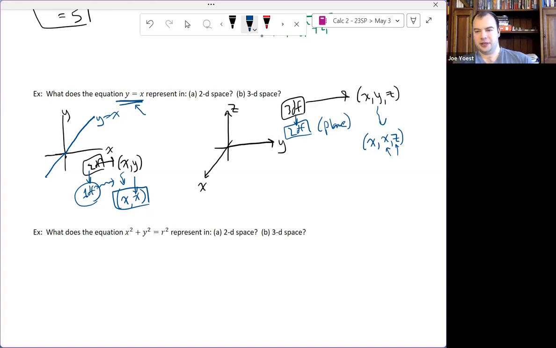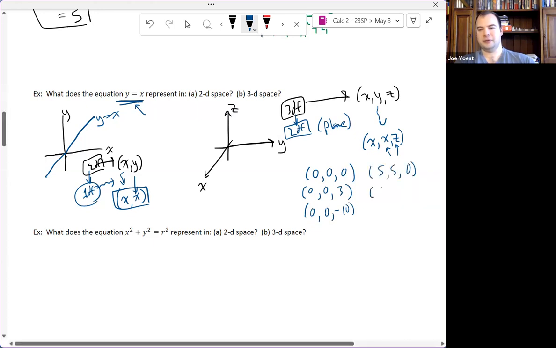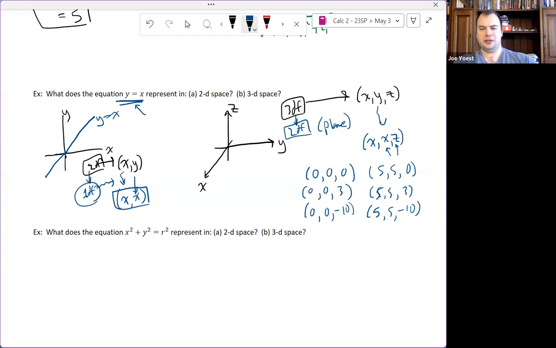So what do these points look like? If I chose x equals 0 and z equals 0, or if I chose x equals 0 and z equals 3, or x equals 0 and z equals -10, or if I chose x equals 5, or if I chose x equals -7, right? I get similar things, so I see that when z equals 0,